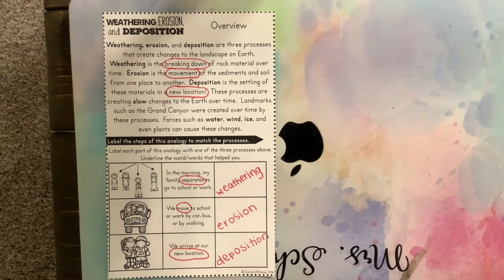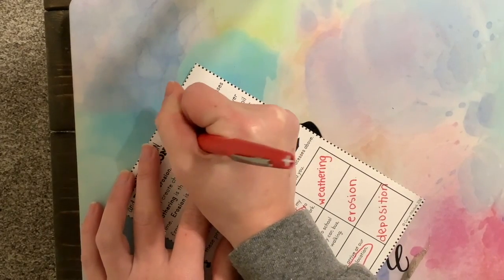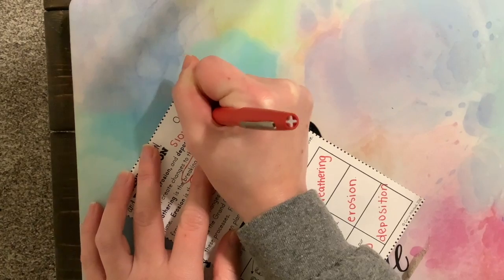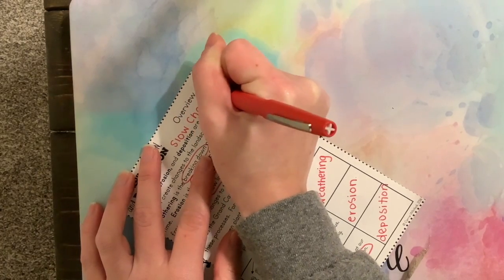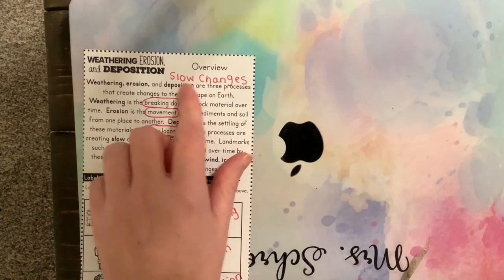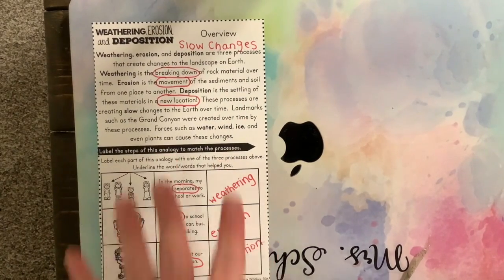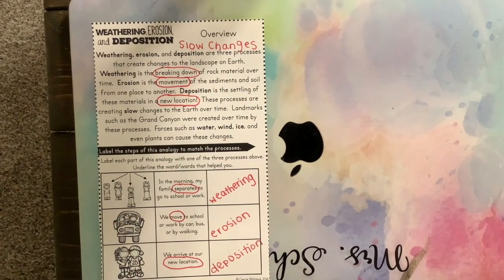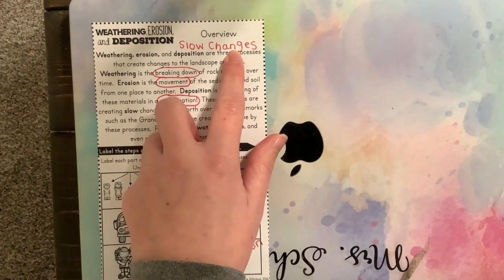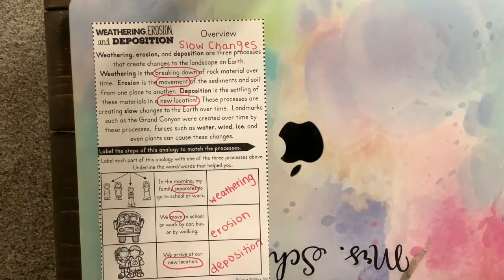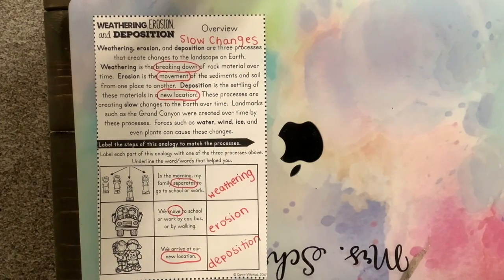All right, I want you to go glue this in your science journal. Write the date on top, and you can title the page Slow Changes. Here, I'll write that down for you. I'm gonna write Slow Changes. So you're gonna write that. Don't write that on this page. Write it in your science journal. I don't have my science journal with me right now. So you're gonna write this on top of the page in your science journal, okay? So go do that. Pause this video because we have one more thing to do.